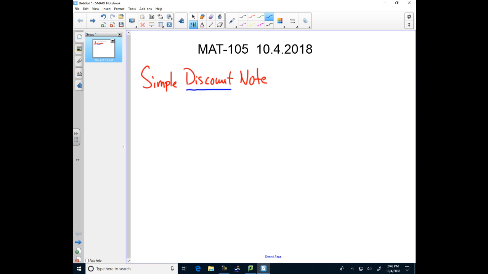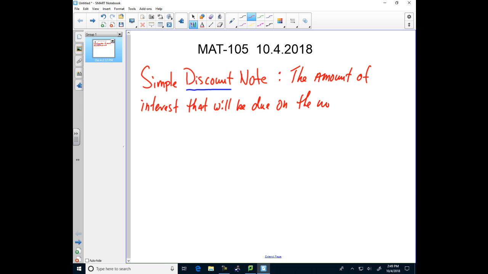Discount means the amount of interest that will be due on the note is subtracted from the amount the borrower